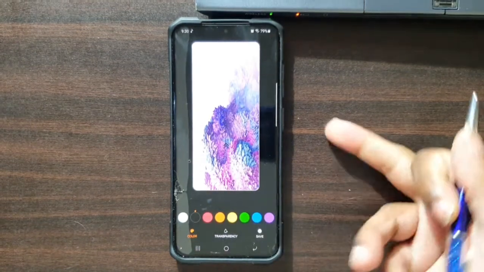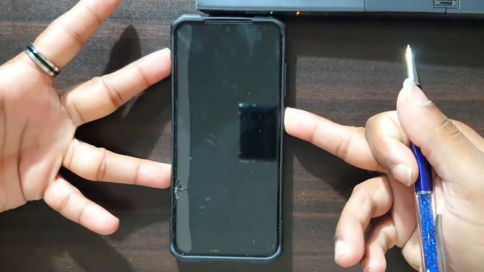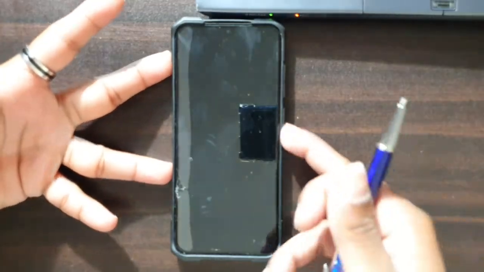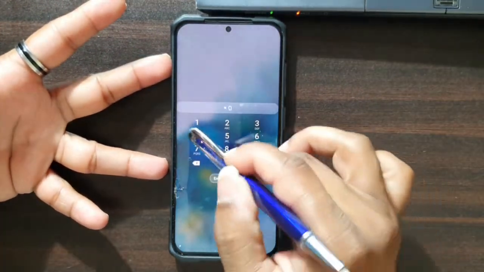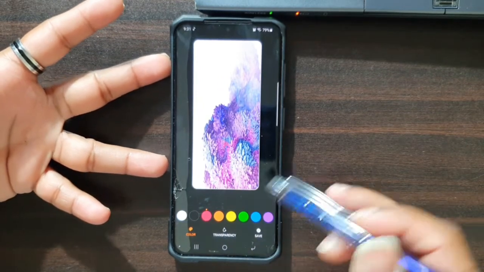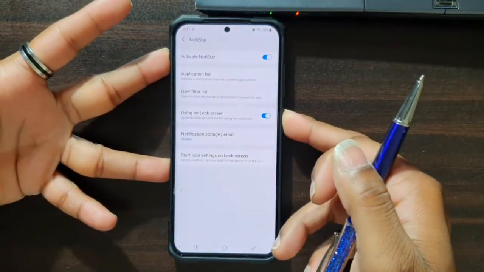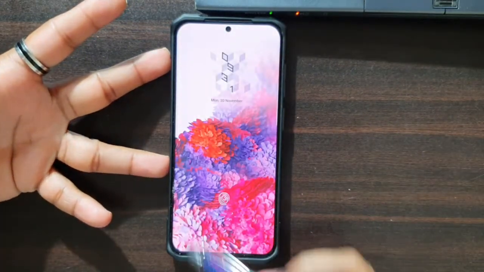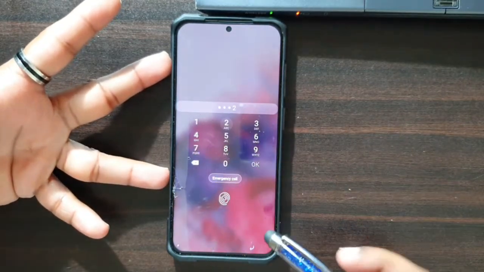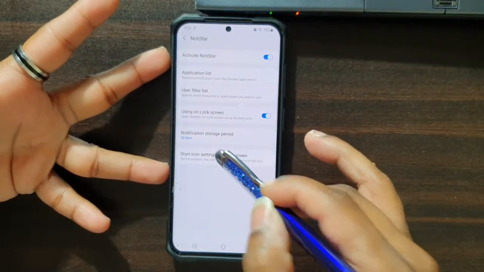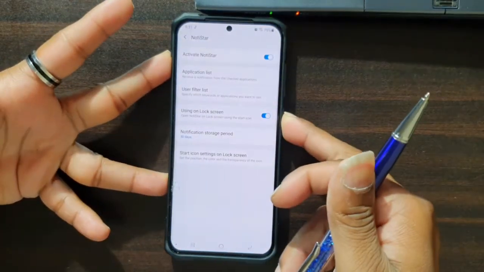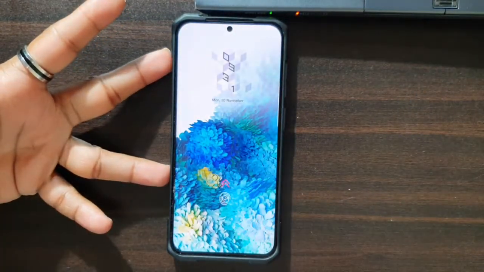That icon that appears on the lock screen, we can actually change the color and the transparency of that icon. You can change it to red, and if I save it, it's red now. I can change the transparency. I can change it to there, and now it will be more transparent.